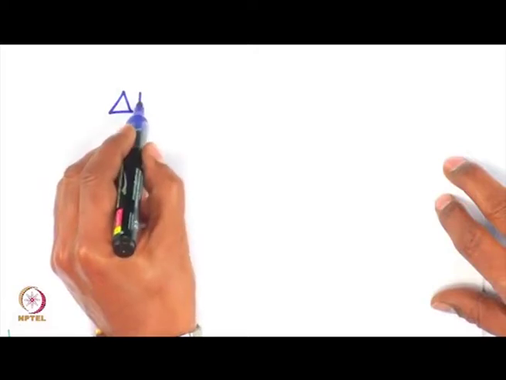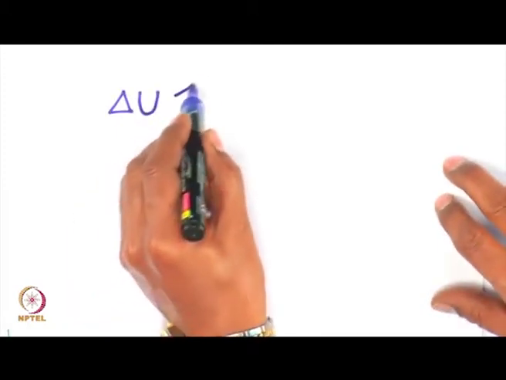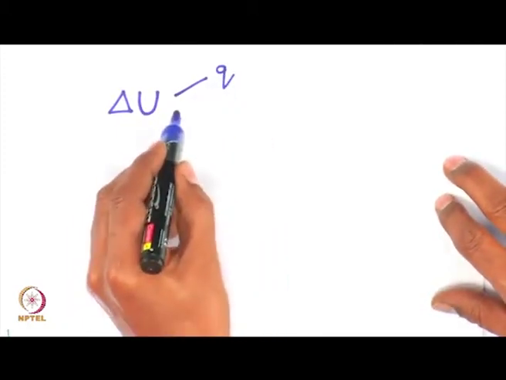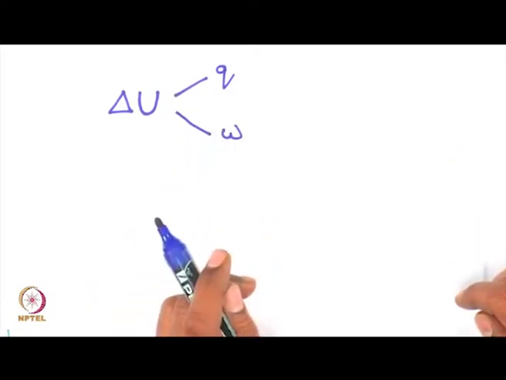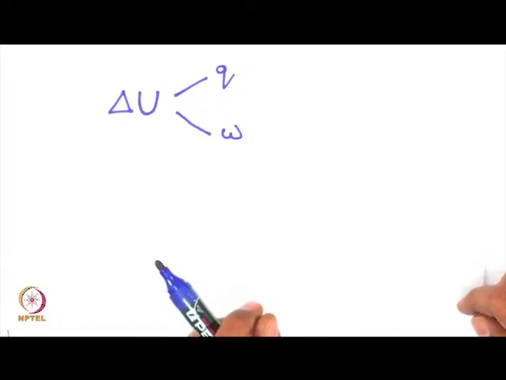Change in internal energy of a system we write as delta U. So, what I am saying is that heat and work are equivalent ways of changing the internal energy. Whether we heat the system or we do work on it, the internal energy of the system is changing or increasing, and the system is blind to how the energy is being given to it.